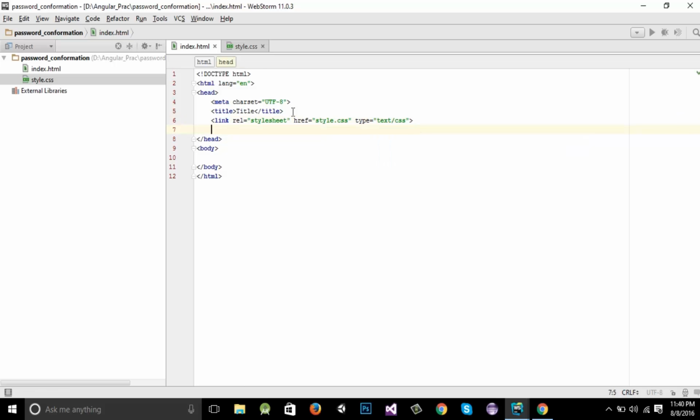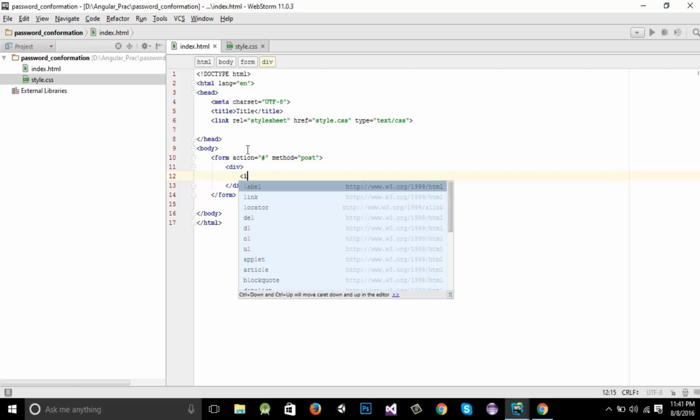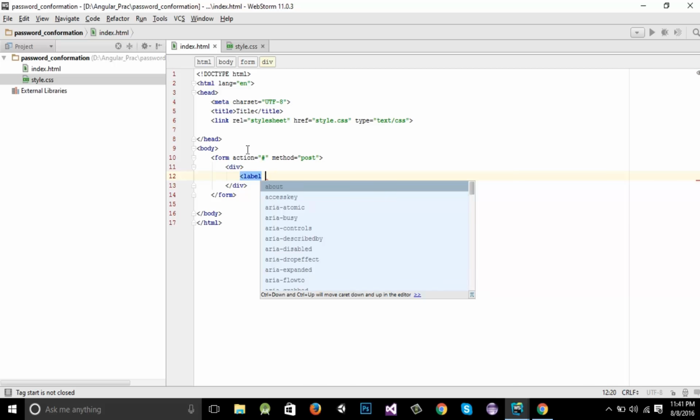Alright, so now come to the body and I will create a form, action, okay, method equals post. Inside this form I need to create some div tags, alright, and a label,